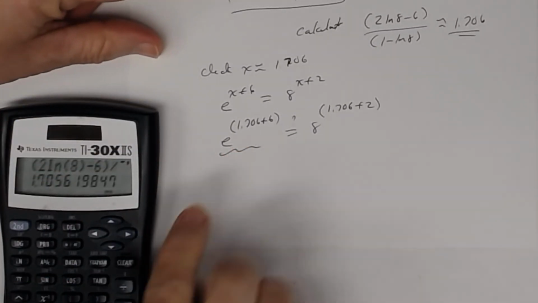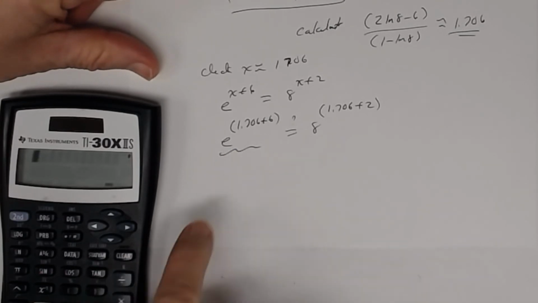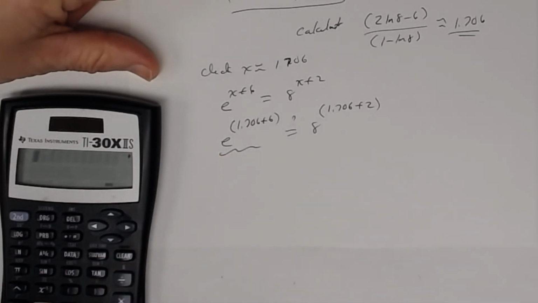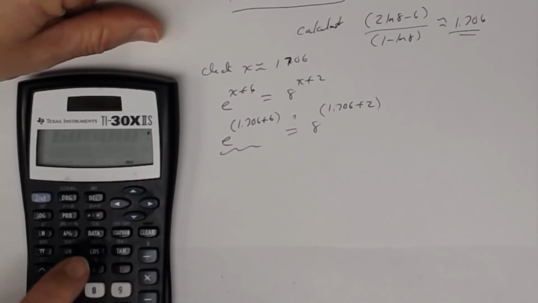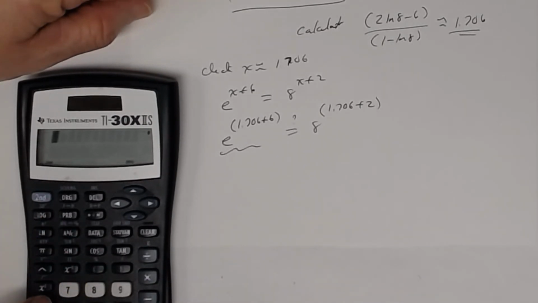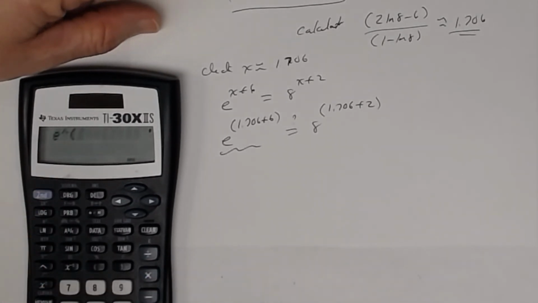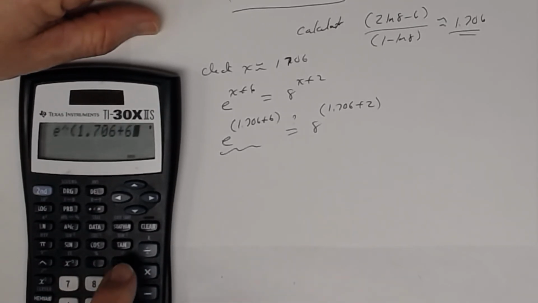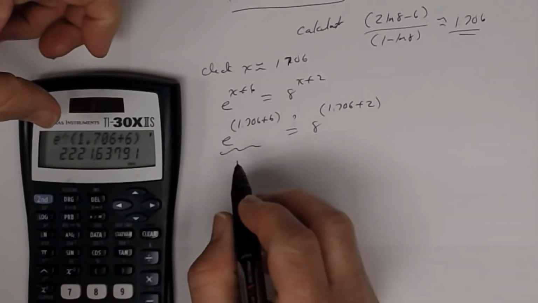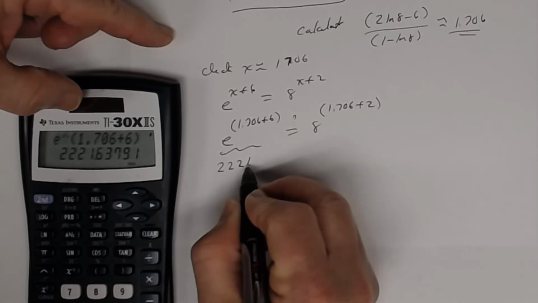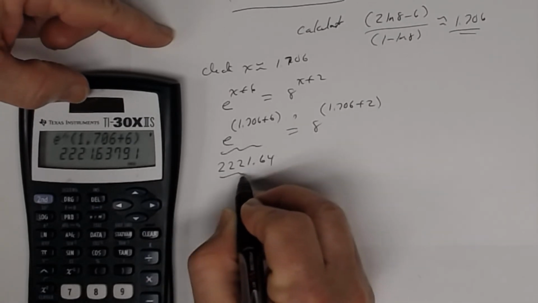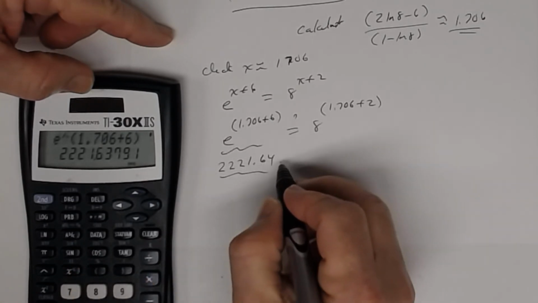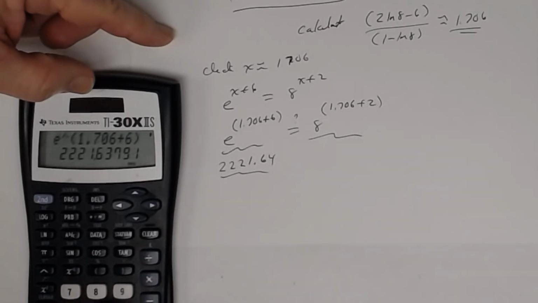Now, this is going to be a big number, so let's see if we'll put it in scientific notation. So I get, remember, this is e, so make sure you remember how to get e. To get e, you're going to press second ln. See that? Remember that? Okay, 1.706 plus 6, close the parentheses, equal. All right, so that is about 2221.64, right? Okay, and over here, I get 8 raised to the parentheses